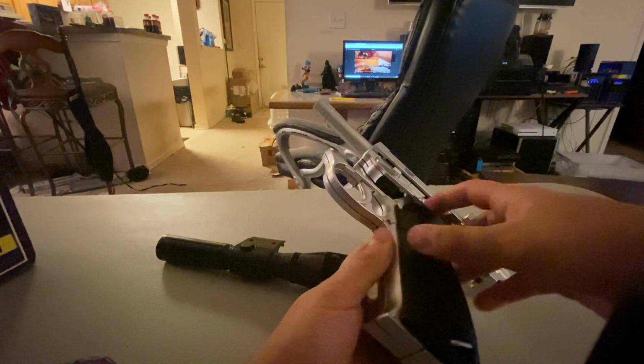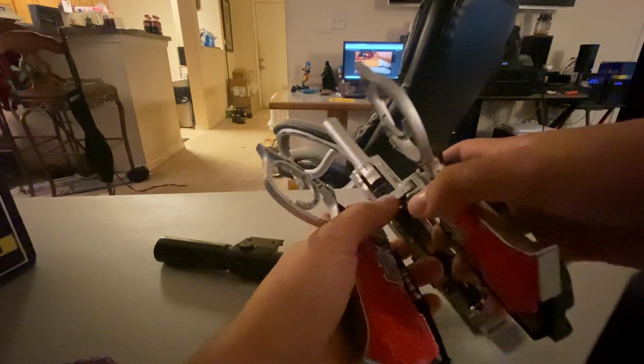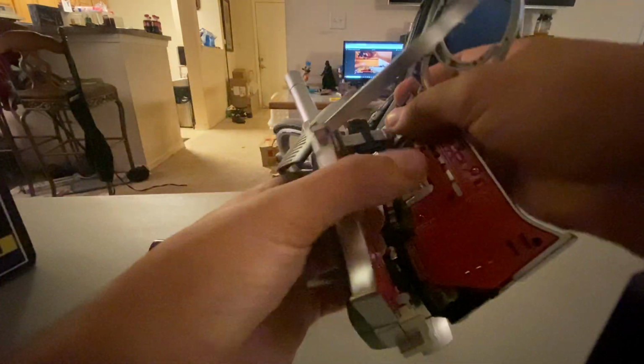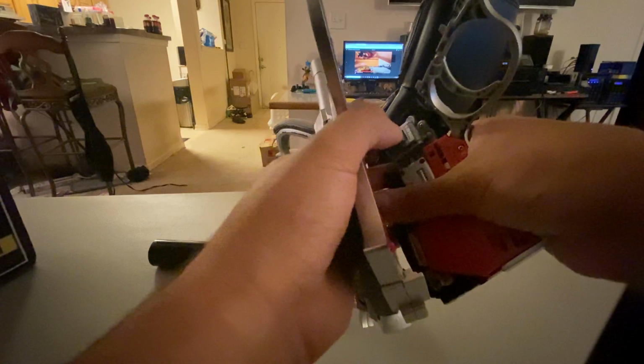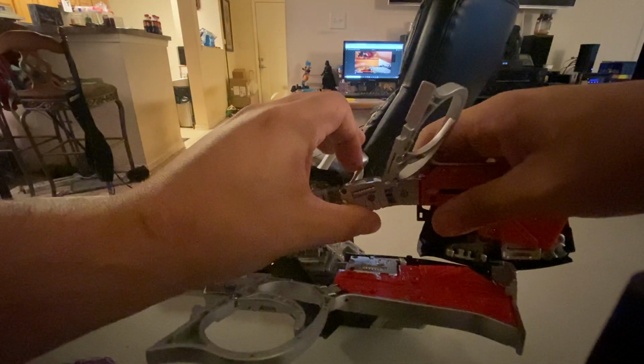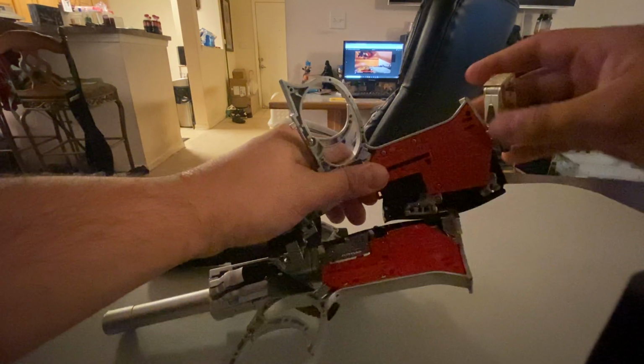So we're going to just go ahead and pull that apart. And just loosen all this up, because these down here are going to be his legs. And, oh boy. Just go ahead and straighten all that out. Ooh. Go ahead, get that straightened up. Fold these clips back there in. And then you can just pull the legs straight out. Fold that into place. Open this panel up. And rotate out the foot. And then you can